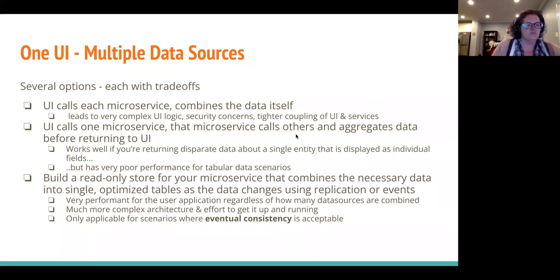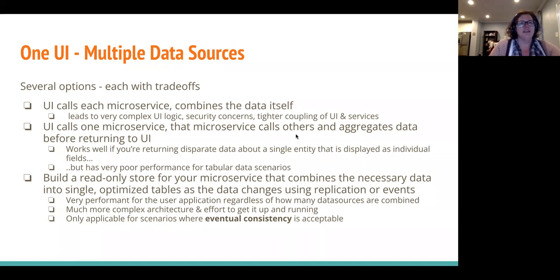So the most performant option, if you're thinking about having an application that responds quickly and shows that view that you want to see, is of course the most complicated thing to do, which is to find a way to get that data from the 3 or 4 microservices that it lives in all into one database for read-only purposes, like a replica that you could query. And this is actually a really good pattern for the cases where you can do it. It requires a lot of work up front because your choices are really either set up database replication or use events. Using events is probably better, and we'll talk a bit more about that later. But, like I said, it's a lot of work.